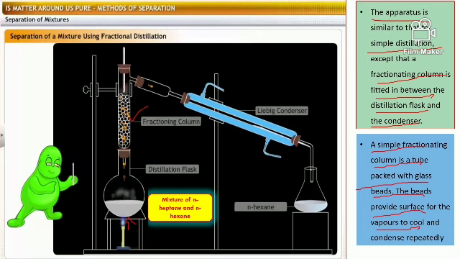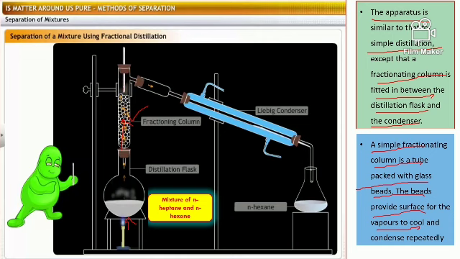So first of all, n-hexane vapors will be formed. So vapors of n-hexane and n-heptane both will go up, though there will be fewer vapors of n-heptane, and will pass through this fractionating column.